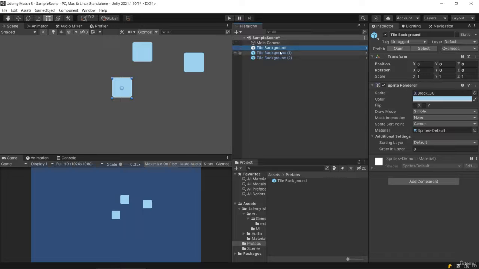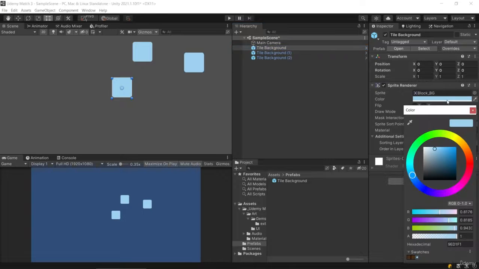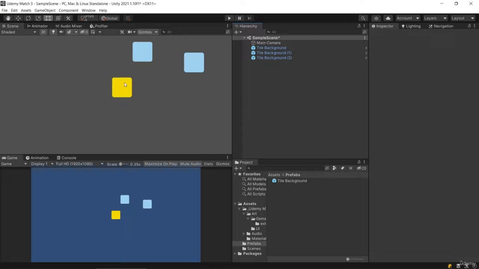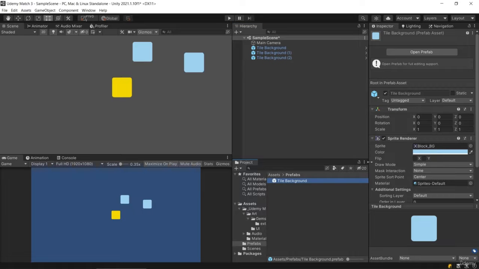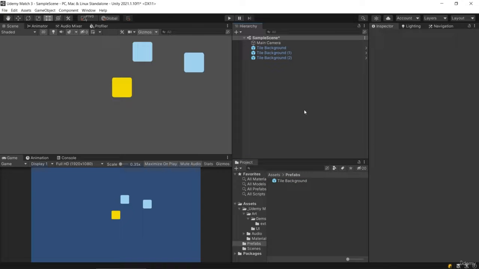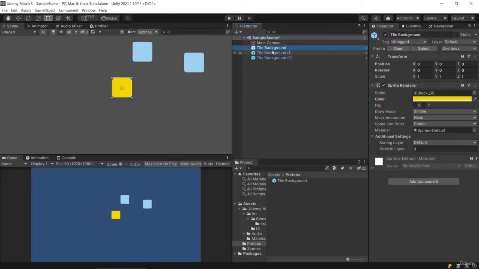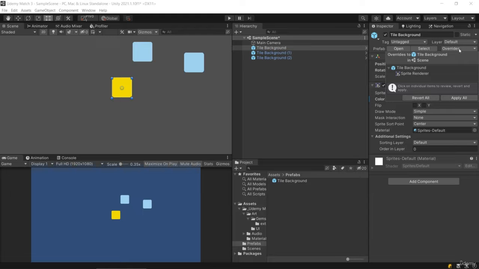But it's important to note that on the individual prefabs here, if you make a change to this, you're just making a change to the individual one that you've brought into your scene. So if I go here and make this one yellow, now this one is yellow, but the other two are unaffected, and the actual prefab is unaffected too. It doesn't change the prefab unless we go to this one, and if we go up to overrides here and just apply all,